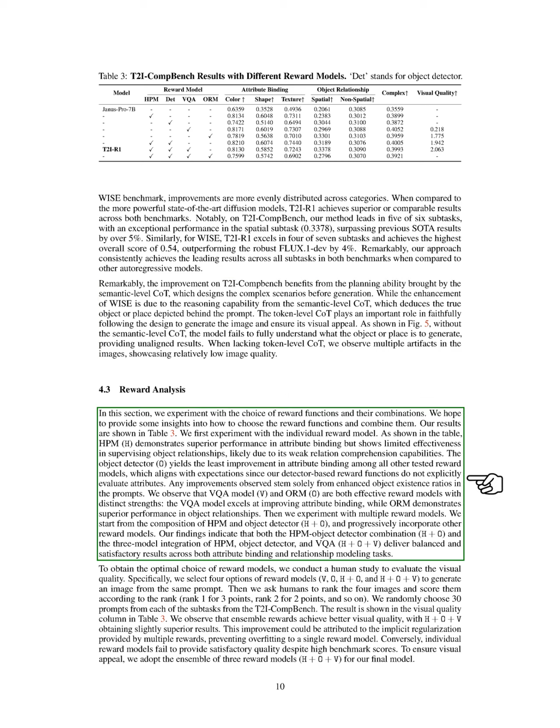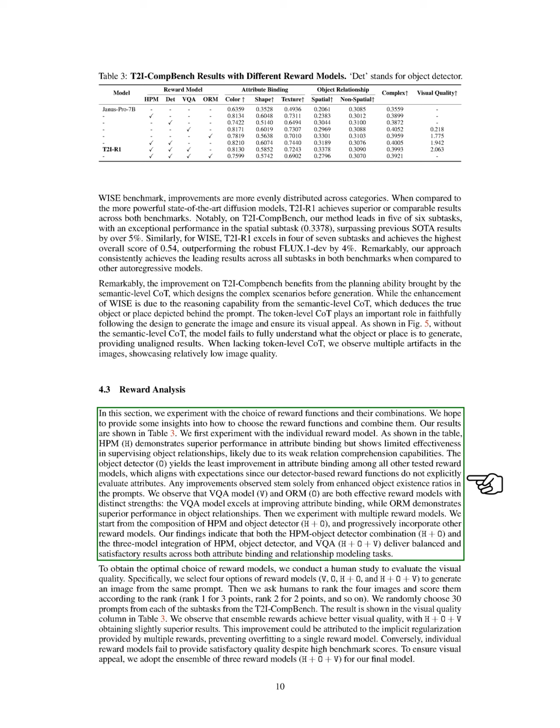The HPM model shows strong performance in attribute binding but struggles with object relationships, likely due to its limited understanding of relationships. The object detector model shows the least improvement in attribute binding, which is expected since it does not focus on evaluating attributes. Any gains come from better object detection in the prompts. We find that both the VQA model and ORM are effective, with VQA excelling in attribute binding and ORM in